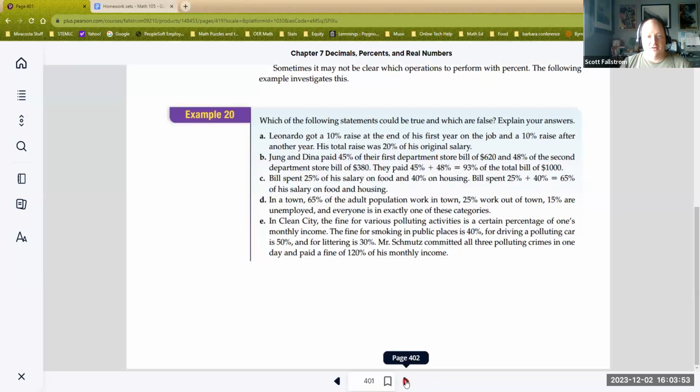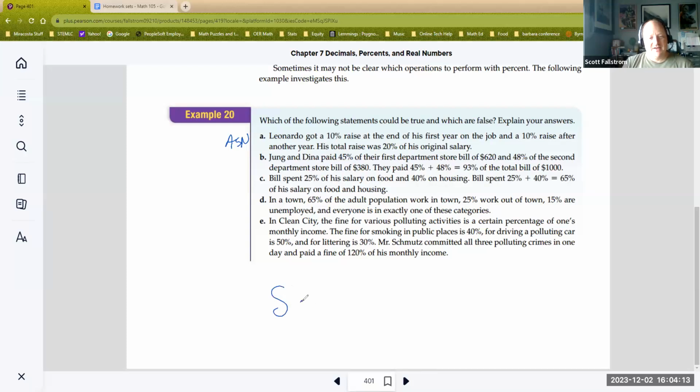All right, so let's see here. Leonard got a 10% raise in the first year of the job, a 10% raise after another year. His total raise was 20% of his original salary. Again, you can check yourself. This is like an always, sometimes, never. So if you were doing this and you said, I don't know what his salary was,